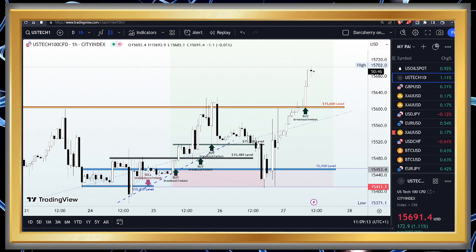Our analysis will revolve around using simple technical setups to uncover potential ideas that could significantly impact our trading choices for today. We shall be exploring the historical price movement of the GBPUSD, the XAUUSD, USTech100, and of course the USOILSPOT, utilizing trend lines, key levels, and chart patterns to gain valuable insight into the current market's structure.